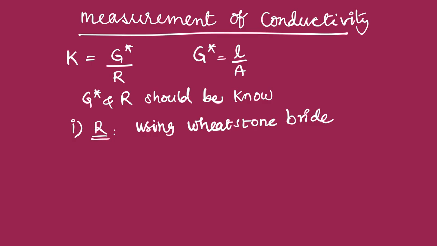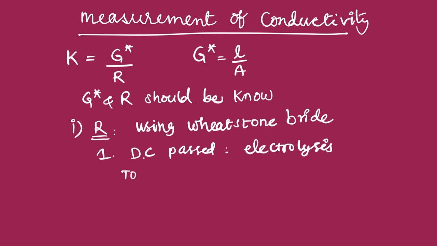When you use the Wheatstone bridge to calculate the resistance of any electrolytic solution, first of all we will get two problems. First problem: when direct current, DC, is passed, then electrolysis takes place. It means chemical change takes place. It is difficult to calculate. Therefore, to overcome this problem,